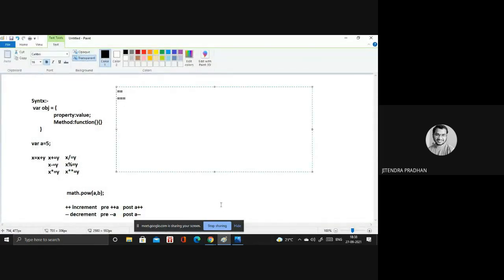So double equal to, triple equal to, and we have not equal. We have there not equal. Okay, and we have less than, greater than, less than or equal to, and greater than or equal to. Okay,